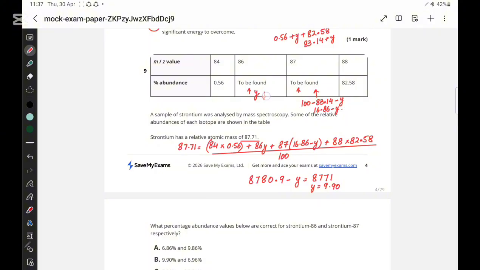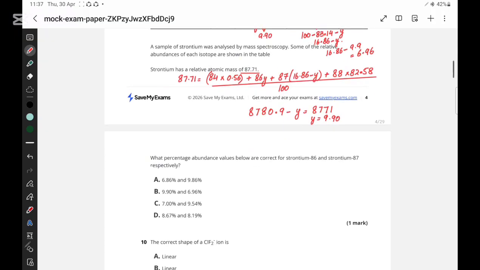So its percentage abundance is 9.90. If we want to find the percentage abundance of this one, it is 16.86 minus y, which is 9.9, and that comes out to be 6.96. So our right answer is going to be B, 9.90 and